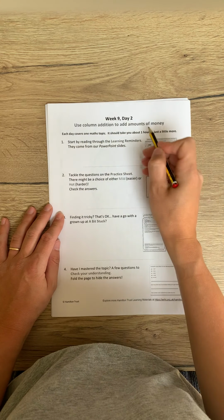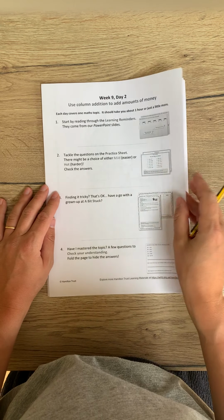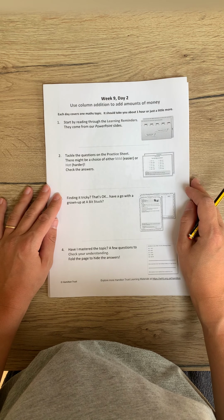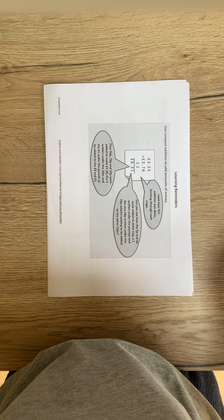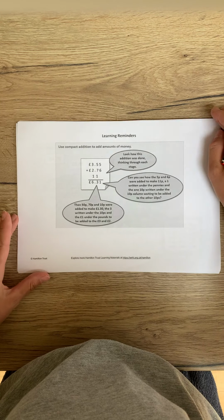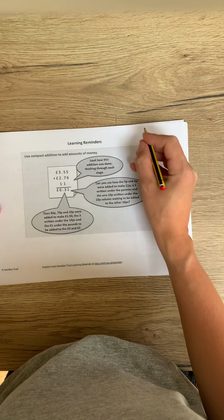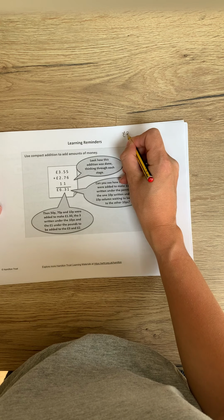Using column addition to add amounts of money. So we're going to be using our knowledge from yesterday of column addition and applying it to money. So I'm going to go through the learning reminders, and you will see here that we have got a number sentence. I'm actually going to write it out again, which is